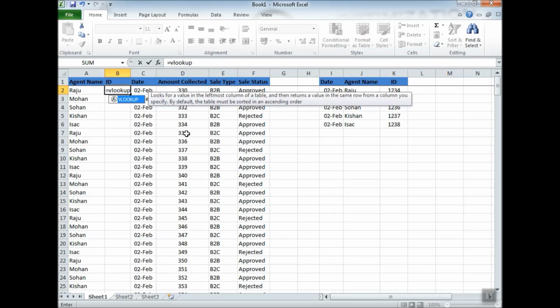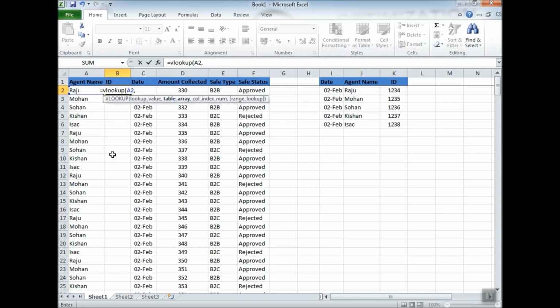Okay, open the bracket. So what is it asking you? Lookup value. What is the lookup value? Okay, I'm warning you there'll be an error because I'm doing this just to teach you. Okay, what lookup value here, and the lookup table array. You have selected name here. So what will the vertical lookup be doing? The vertical lookup will be matching the name from here,